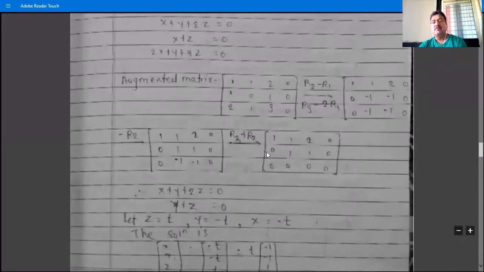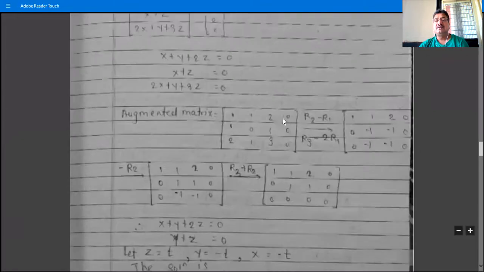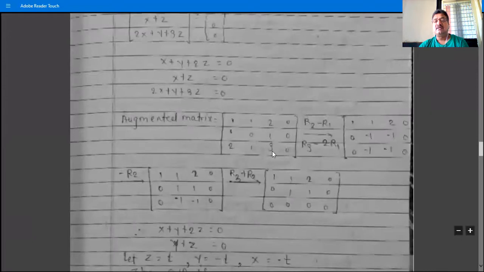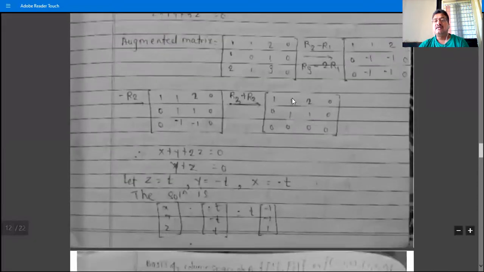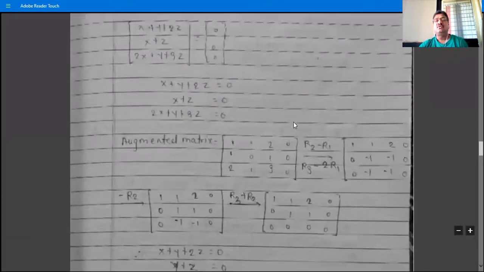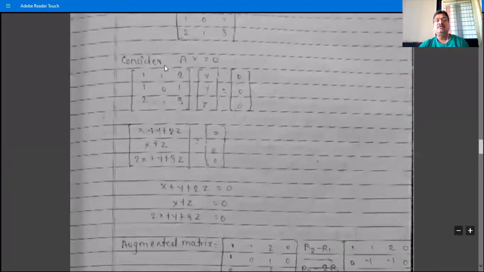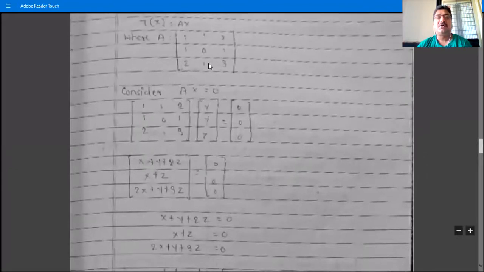So what is the reduced row echelon form? This is not reduced row echelon form, so don't write the last column. So consider A like this. And then, this is a leading one. First row, first column there is a leading one, and in the second column a leading one. So then we perform the operations R2 minus R1, R1 minus R2. Then we have 0 at this place. And then columns number 1 and 2 contain leading ones in reduced row echelon form, and so columns number 1 and 2 in A form the basis for the column space of A.